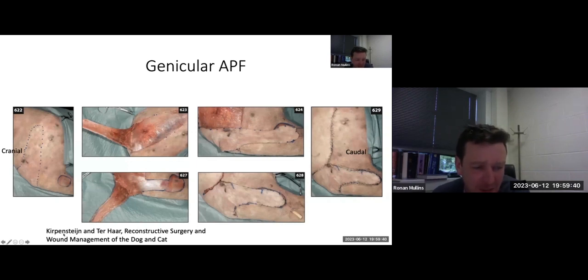As I say, I really like this Kerpenstein and Terhaar book. It just shows you in a very practical way the landmarks for these flaps. I'd encourage it as a resource for you if you don't have a lot of experience. So this is just showing you, obviously this is just in a cadaver specimen, creating a skin defect on the